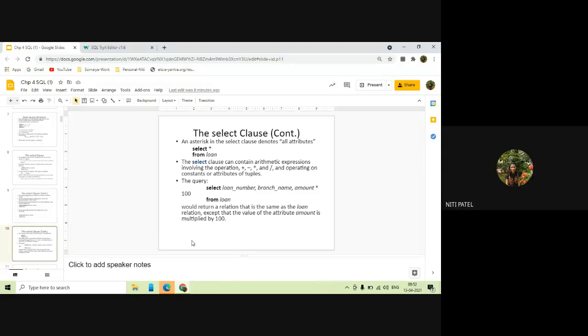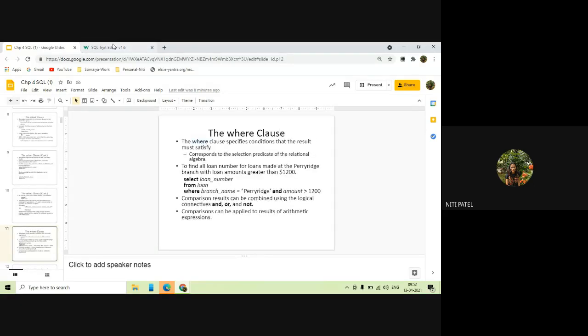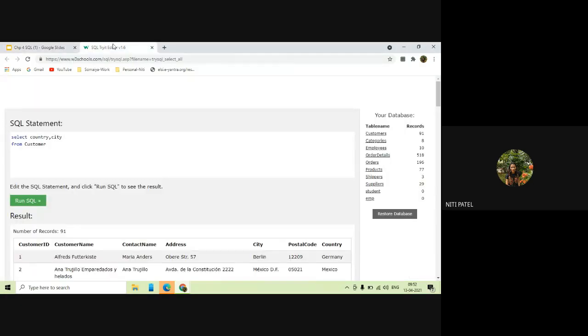Yes, ma'am. Okay. Now, instead of writing this ALL, let us forget ALL. If a table has many columns, for example, this customer table has how many columns? 1, 2, 3, 4, 5, 6, 7. 7 columns are there. Now, if in the output I want to display all these 7 columns, what will I do? Will I type the name of each column individually, select country, comma, city, comma, customer ID, then customer name? Will I keep on typing? Ma'am, select all or something like that.